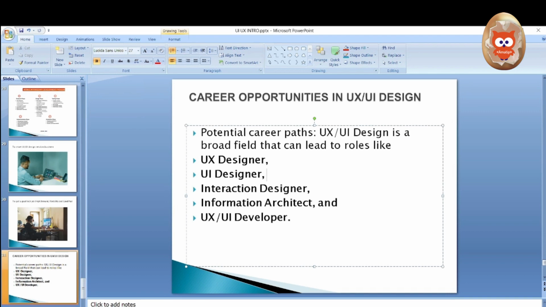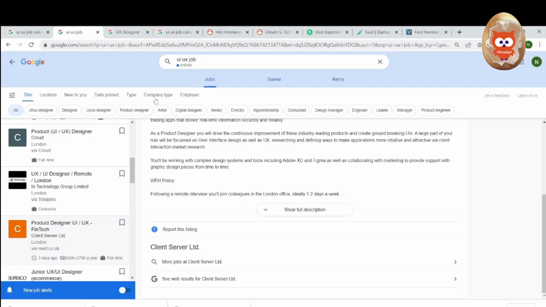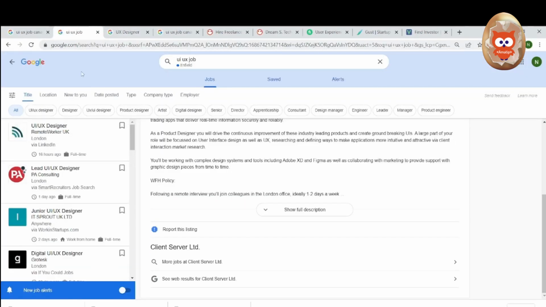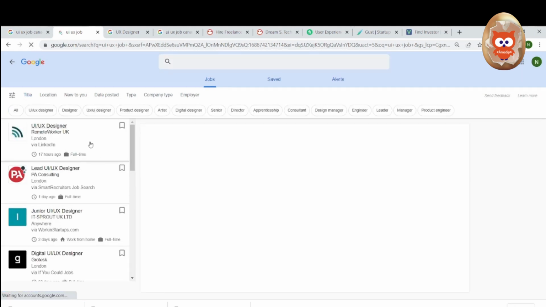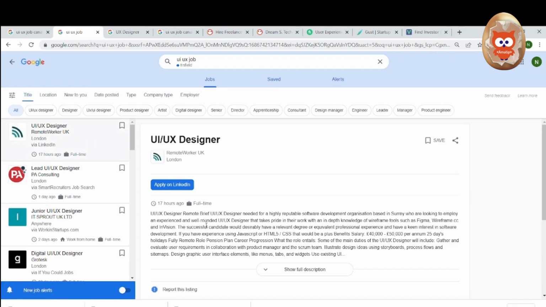Okay, so if you take any of these professional and you go to any job directly, you will see that the job is always available every day. Every day you will always see new job opportunity in UI UX design. You can see this is a remote work in UK for UI UX.